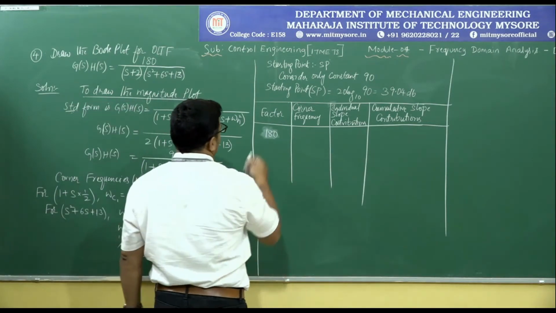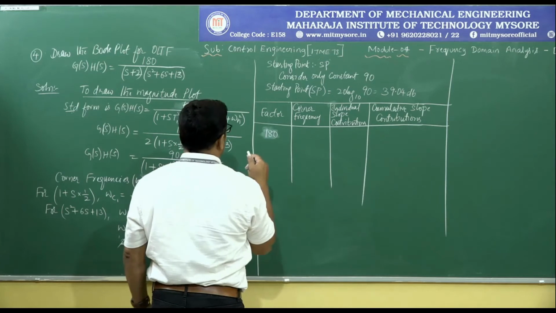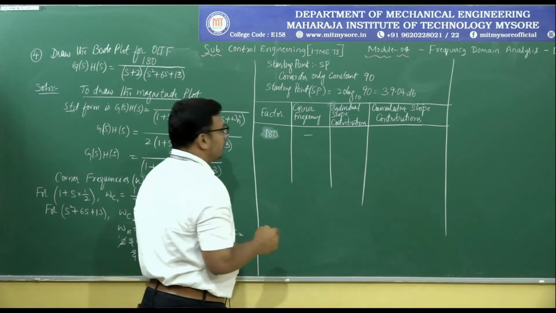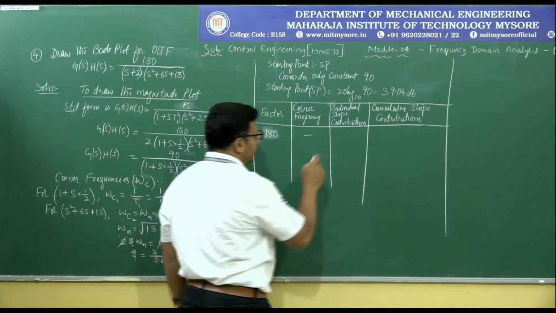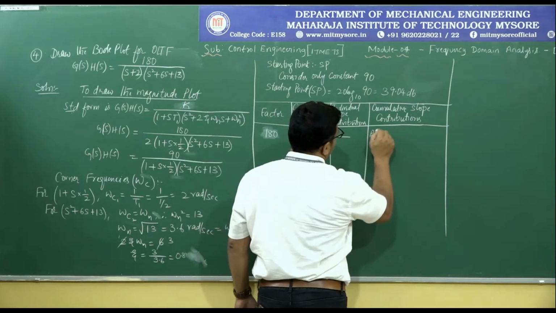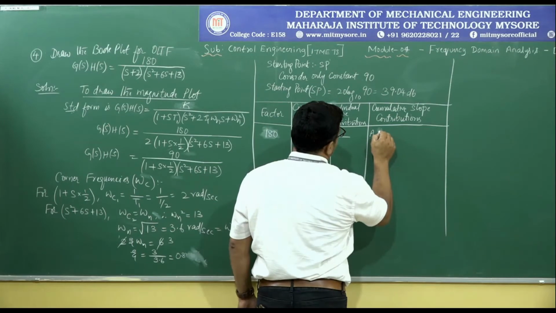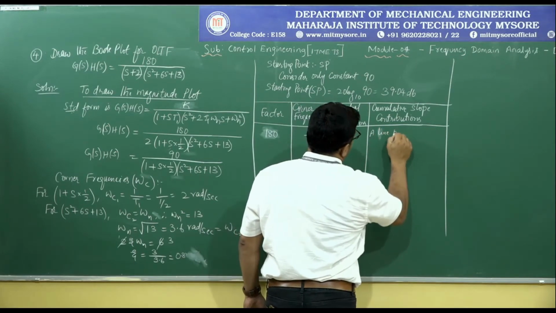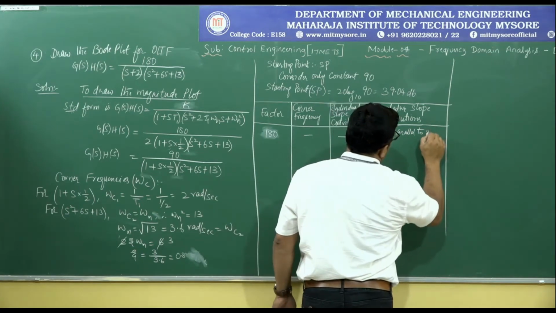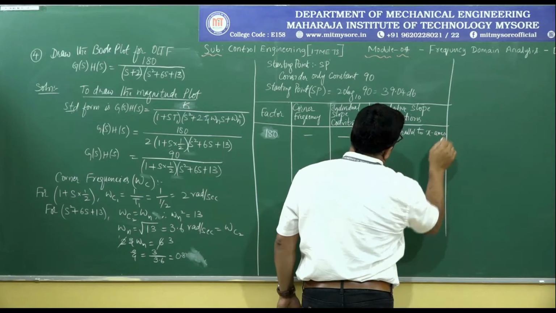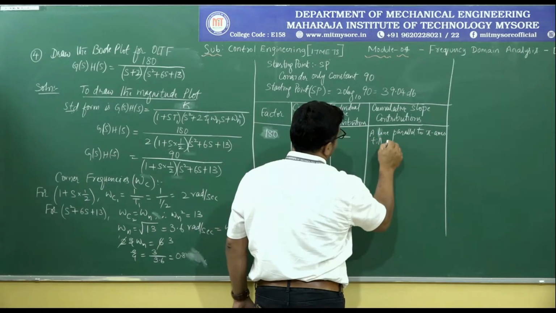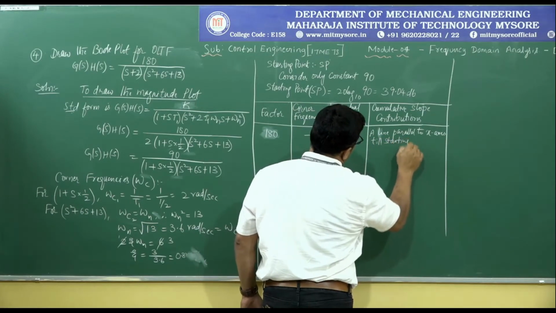Then what we will come to know is, for the factor constant, there will be no corner frequency and no individual slope contribution. The cumulative slope contribution will be just a straight line, a line parallel to the x-axis, to be drawn till the starting frequency, till the